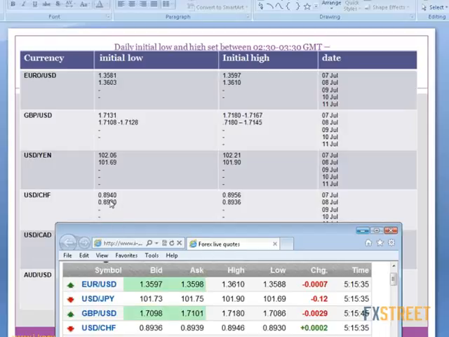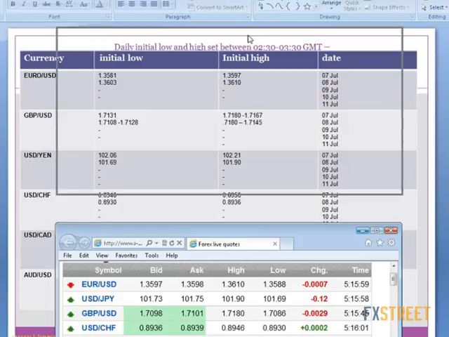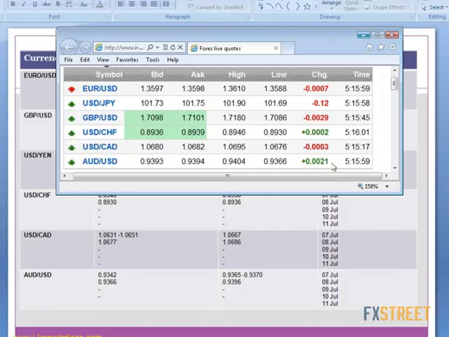Then in the case of CHF, 89.30 and 89.36. 89.30 low, they have not reached it. 89.46 has become the new high, and they are holding around 89.36. So here again, we can do a technical trade of buy above the initial high, because they are staying above the initial high for more than 30 minutes, even from the start of this particular European session. Then in the case of the Canadian dollar,